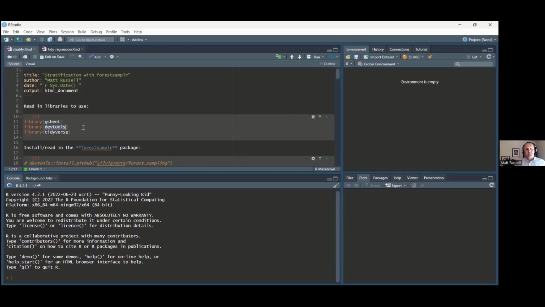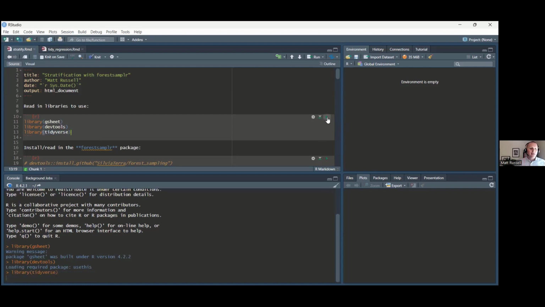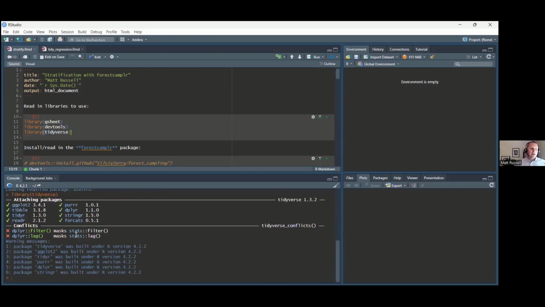DevTools is a package that helps to get some of these other different packages installed on your machine. And then Tidyverse, I think if there's one package to install in R, in my opinion, it's the Tidyverse, because the Tidyverse is really a suite of packages that makes it easier to work with, manipulate, and do things with data. And so I'll install these here. And then I'll go over here, there's a little play button where you can have these different chunks of code. And so I'll hit play there, and you can see the code is running down here in R, for those of you not familiar with this.